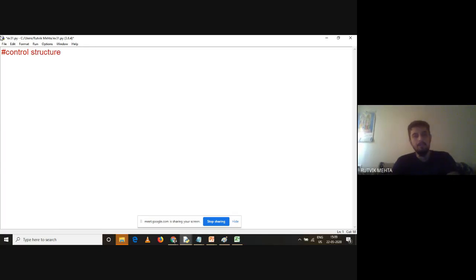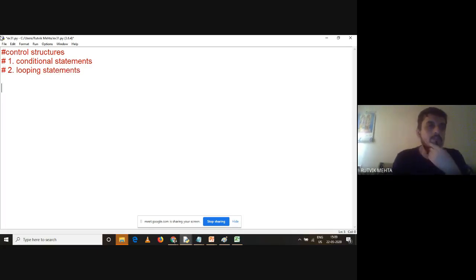What we are going to discuss is control structure. In control structure, we have already discussed conditional statements. The second type of control structure which can alter the flow of execution is known as looping statements. So when you want to repeat your execution, when you want to execute some statements repeatedly, we use looping statements, right? So this is how we are going to use it.